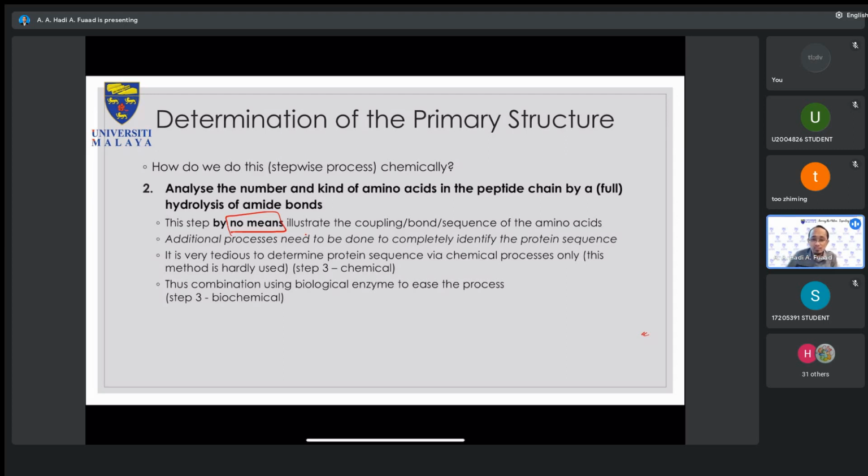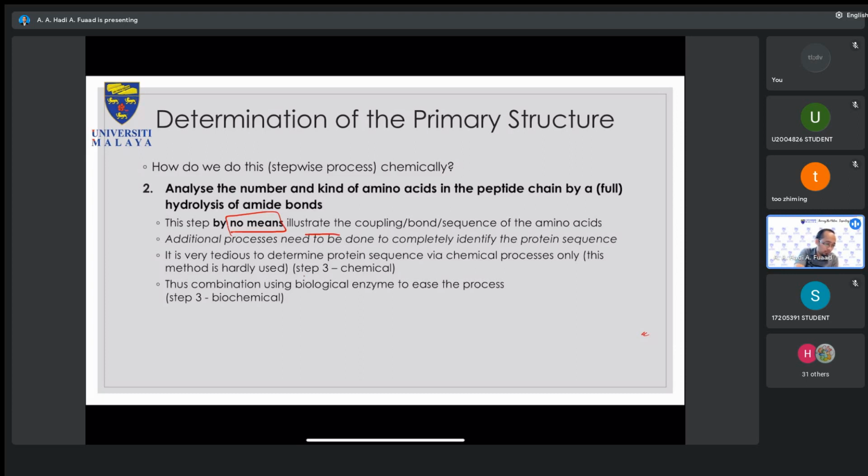And it is a very tedious process to try and identify the individual amino acids if you were to do it in the lab. So normally nowadays you don't do it hands-on. You have instruments to help you with this process. Because again, at the end of the day, it's like how you synthesize it. It is a stepwise reaction. Then if you want to analyze it, you can also do a stepwise analysis, which we will look at in the next few slides.